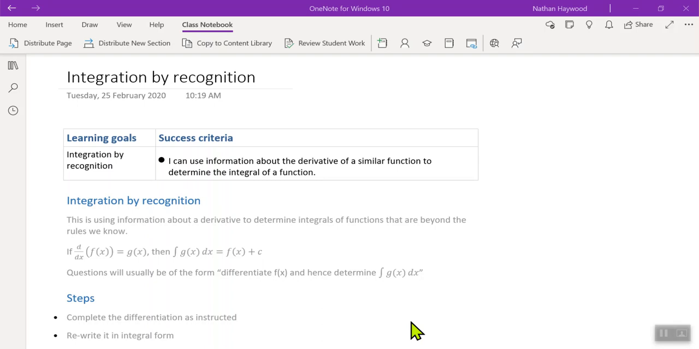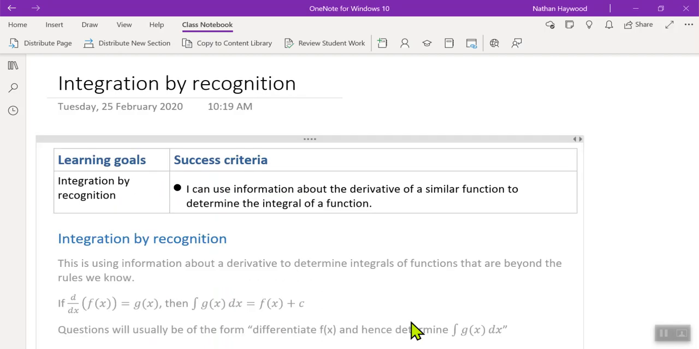So today it's all about using the derivative to find the integral. Okay, using the derivative to find the integral. Integration by recognition is like another way of saying that, apparently. So it's in your success criteria. You get given information about derivative, or you find the derivative, and then you use that information to find the